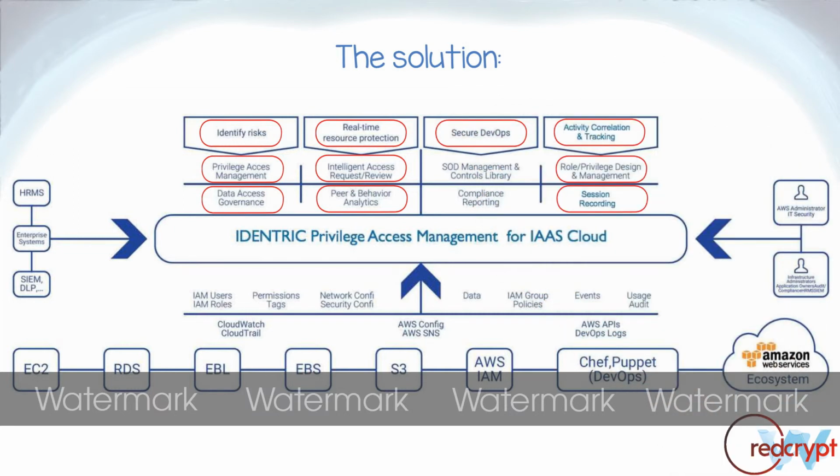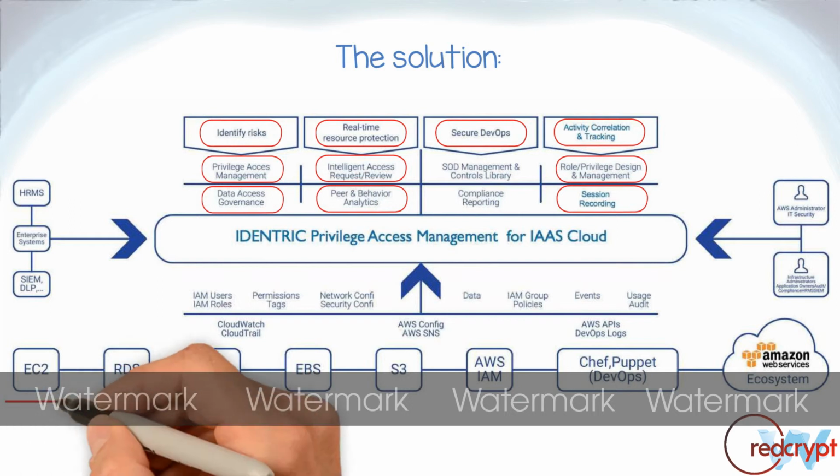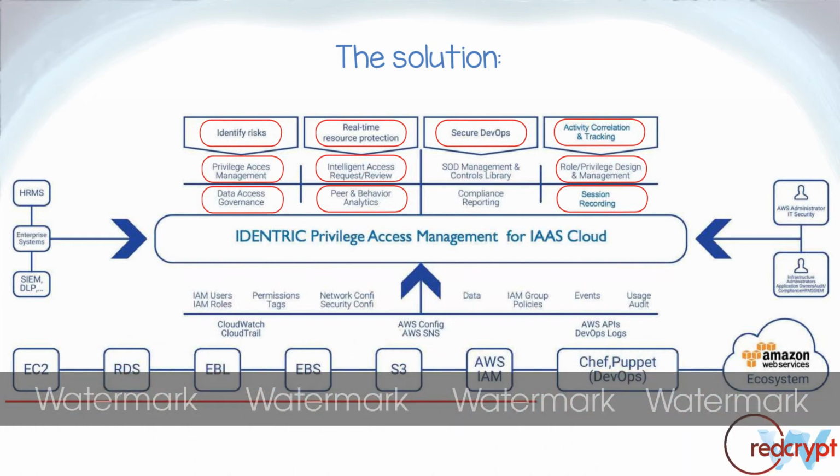Secure DevOps pipeline. And lastly, infrastructure services are not used in a siloed manner for cloud privileged access. Rather, they are used with DevOps tools, which are privileged in nature. So Identric thereby integrates with such DevOps tools, including Chef, Puppet, etc., to do complete privileged access governance and monitoring